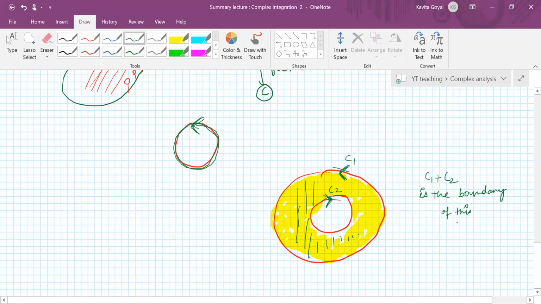Is this clear? Yes, ma'am. Okay, fine. So this is the positive sense, and otherwise it is the negative sense. This is just a convention. We can change it if we want, but we have to make sure that we do it for every curve possible. So the idea is that your region should be towards your left for the direction to be positive. The next thing is, I'll state Cauchy's theorem.